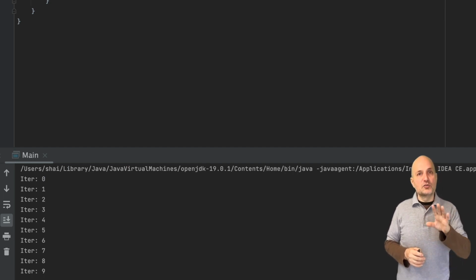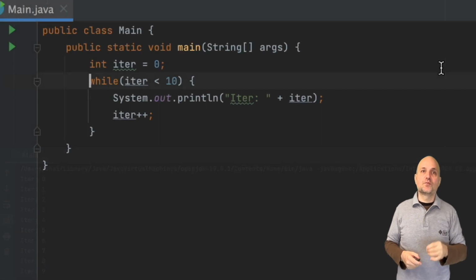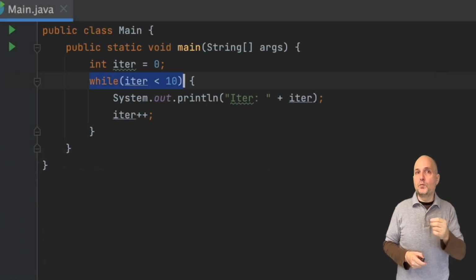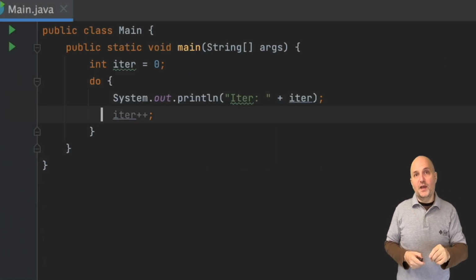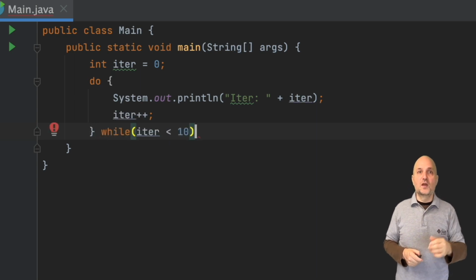But there's another variant to the while loop. This is a bit harder to understand at this stage. The do while loop performs the loop first and then checks the condition. This isn't as common as the other loop variants, but when you need it, well, then it's really useful.